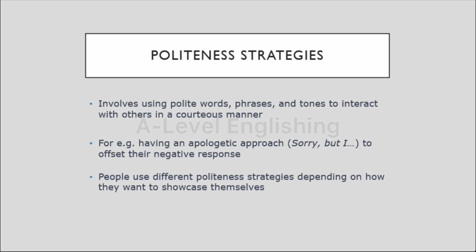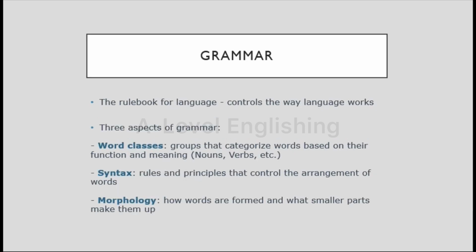So it can be understood from common sense alone, as in most cases, it is our natural approach to conversation. It is used to show respect, maintain social harmony, and avoid potential conflicts or offense, right? When you analyze various texts, you will very often come across dialogues or phrases where these sorts of strategies are used, as it helps create positive social interactions and ensure that communication is respectful and considerate. So, with that, we are done with pragmatics.